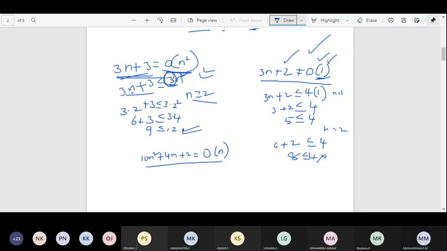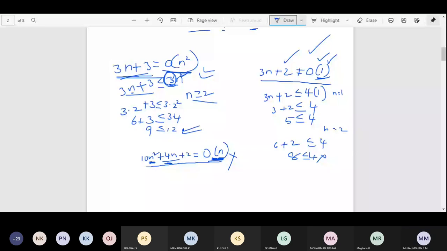Whatever the value of n we are taking, at least you see this order of growth. Here we are having n square, but here we are having only n. So whatever the value you take for n, this side will always be squaring that value, but here it is not squaring. So we cannot prove that this is less than this one. Hence it is also not following the big O notation.